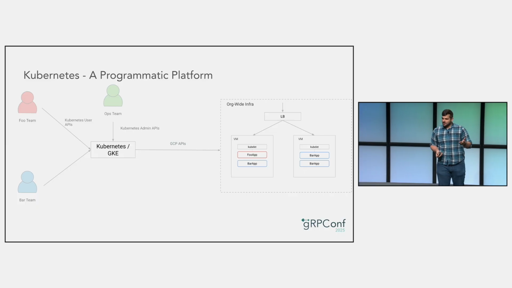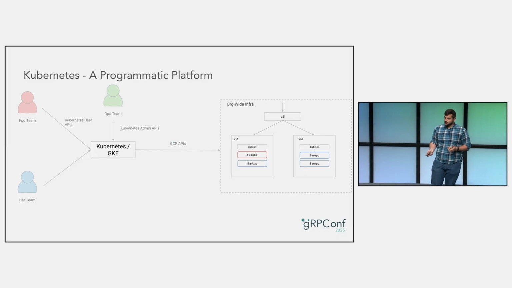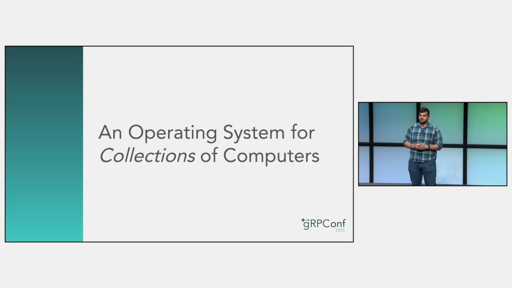This means that dev teams are able to redeploy on their own schedule, and they can do so using a much more streamlined set of APIs that are the same across all cloud providers. If there's an issue, they'll immediately know, and they'll have access to all the tools they need to debug it. So Kubernetes gives you the best of both worlds when it comes to balancing operational needs and development needs.